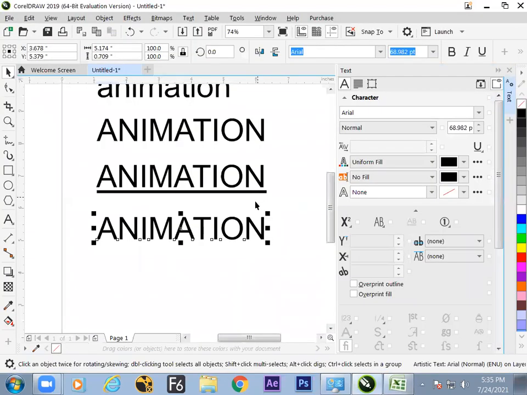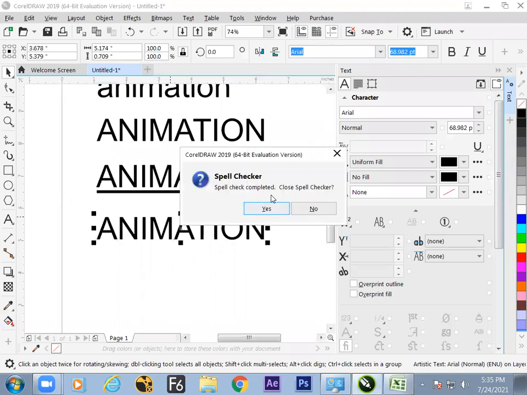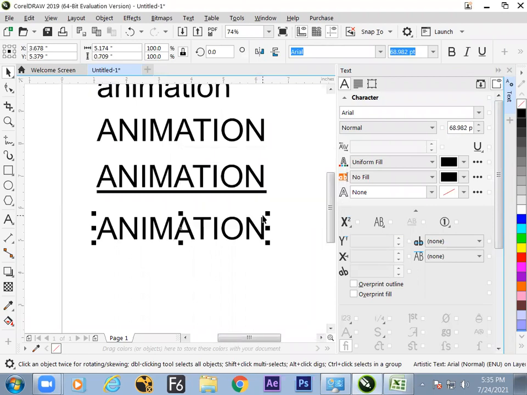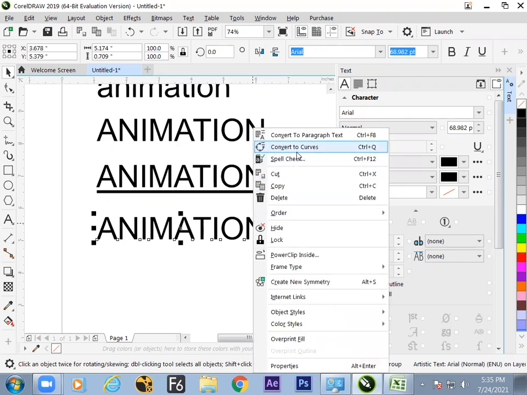Inside the check spell, Control F12. Check spell. It is finished, completed. If no mistake is there, then it is completed. So it is a property in the right click.